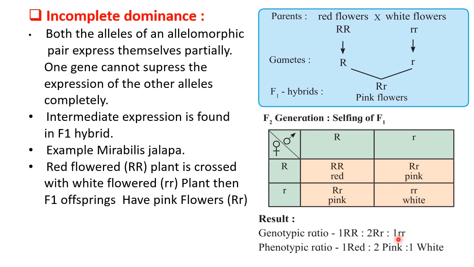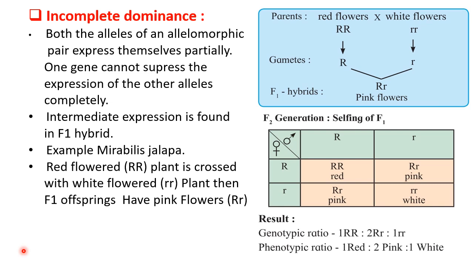So here we see it is genotypic ratio. Then phenotypic ratio is similar or the same as the genotypic ratio, that is 1 red, 2 pink and 1 white flowered plant are produced. So from this we study that